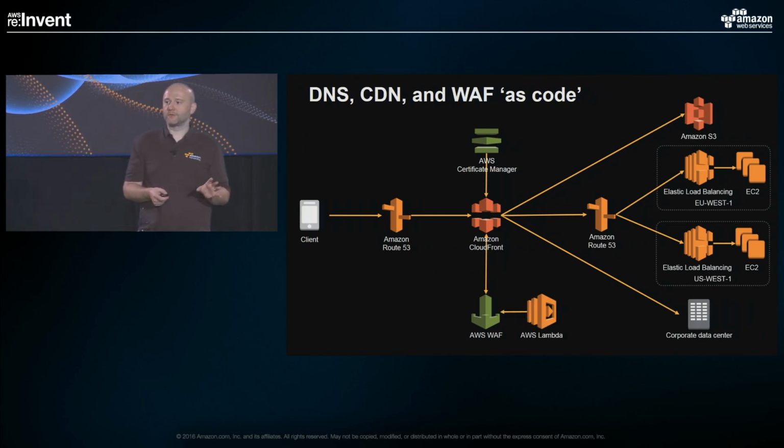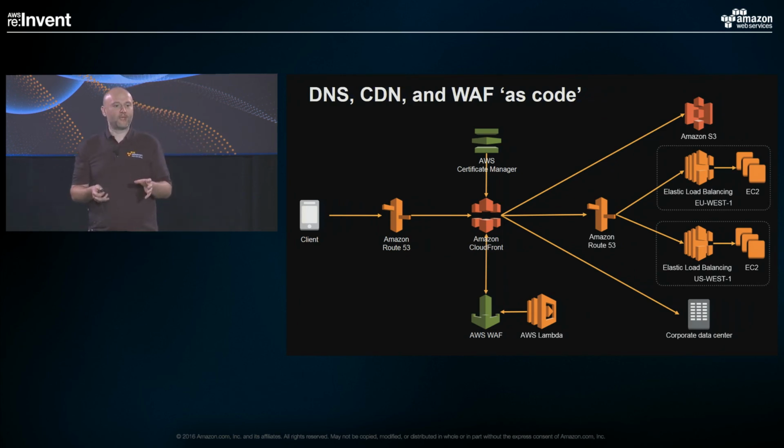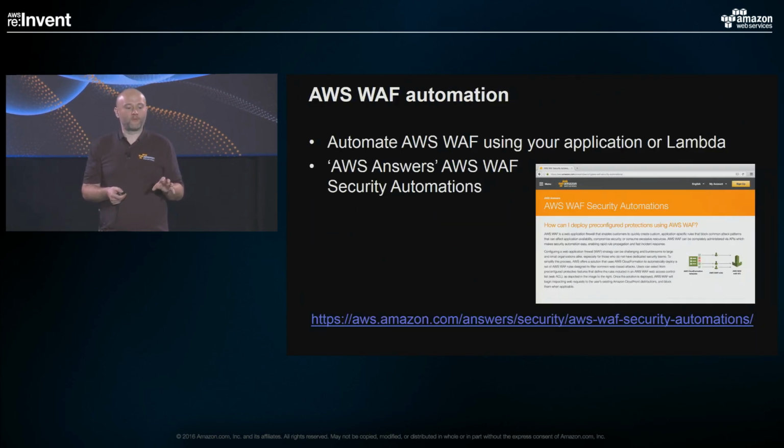Now, obviously, we launched Lambda at the edge, so that's another benefit of thinking of your edge as part of your application. You're now able to execute at the edge effectively, so you can make modifications to your requests and your responses in the Amazon CloudFront itself. But in this example, I'm talking about AWS Lambda making modifications to your WAF configuration. So if you go to our website, we've got